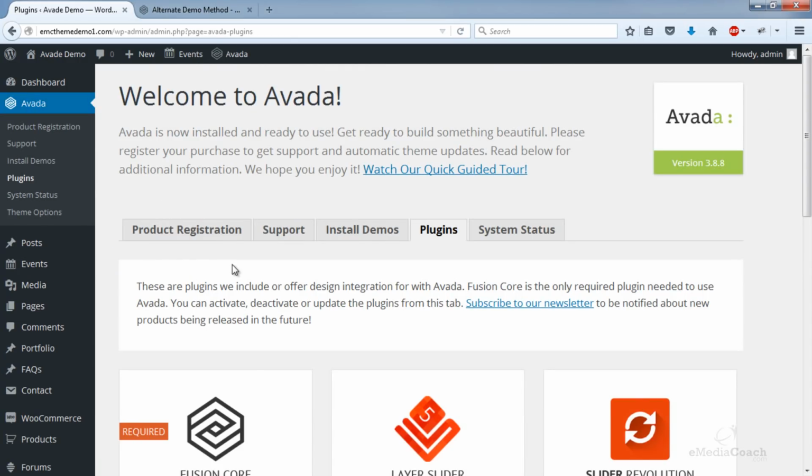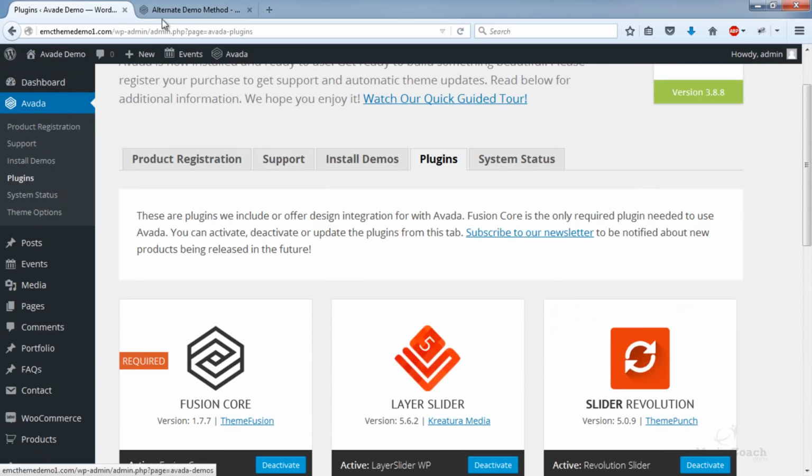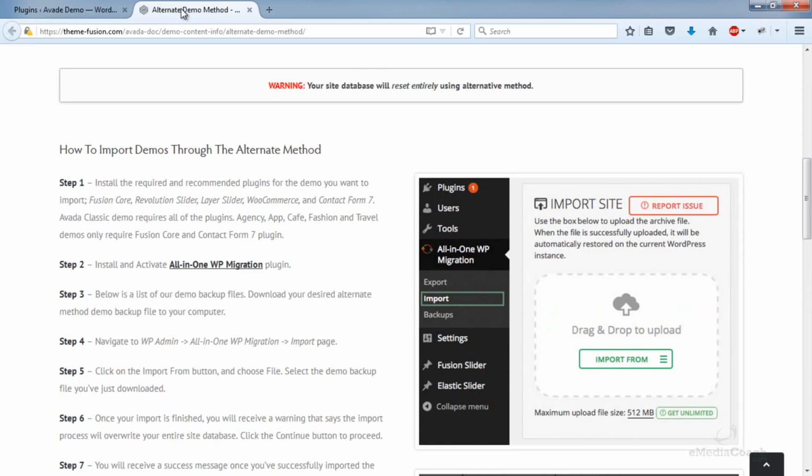Okay, so all of our plugins are installed, all the Avada plugins.